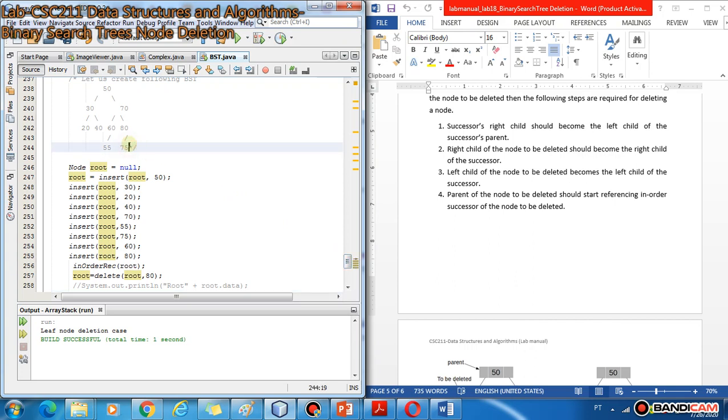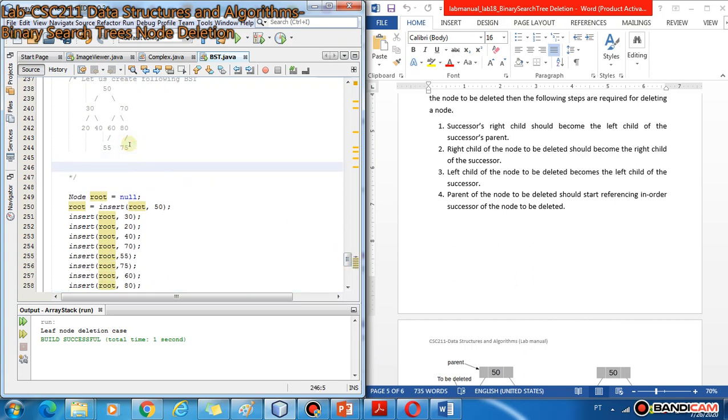The in order traversal of this tree would print the nodes in the following order: 20, then 30, then 40, then 50, then it will come to 70, but before printing 70 it will go to 60, and from 60 it will go to 55.